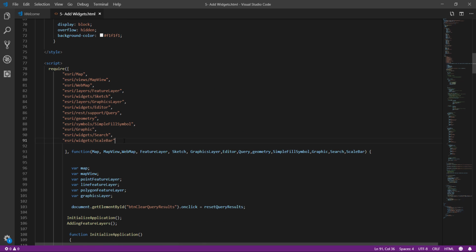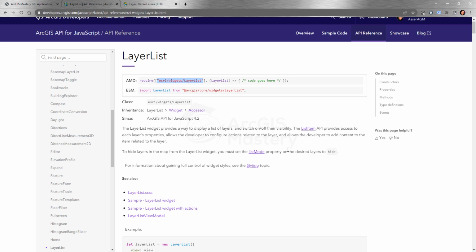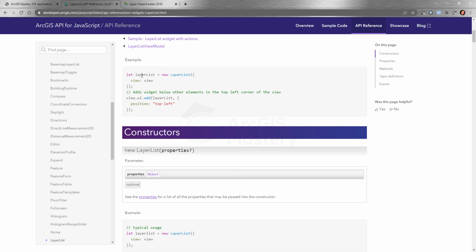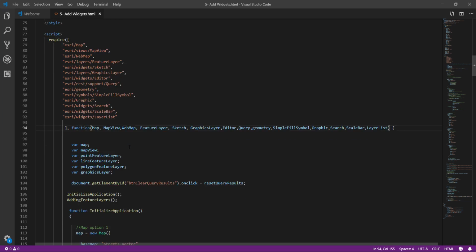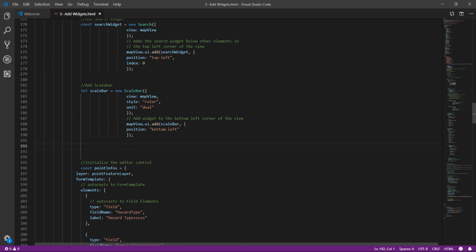So we're going to go to the layer list widget, copy the reference, and do the exact same thing we did with every single library, and we look at what the code does here. Layer list, okay, we initialize it here at the view and add it to the UI. We can add it to the UI, or we can add it to a container, so we'll see if the container is going to work. So here I'm going to put it here, add layer list,